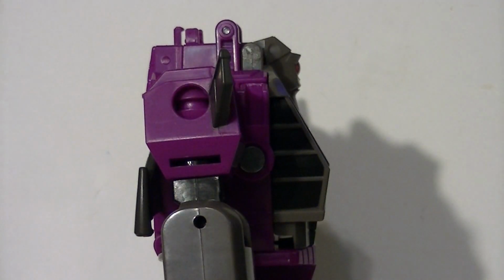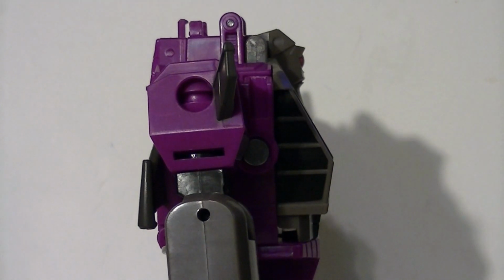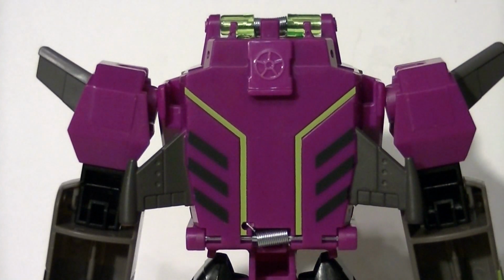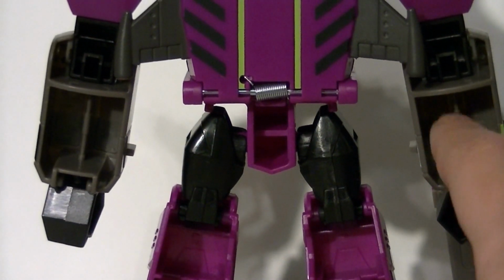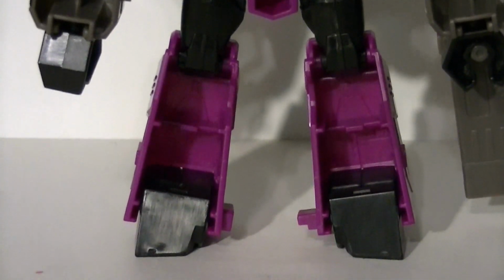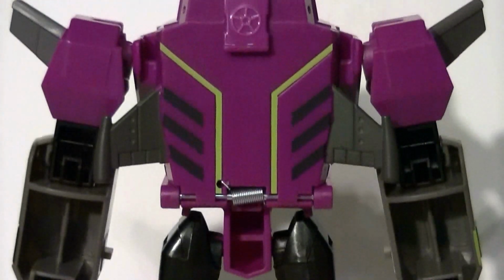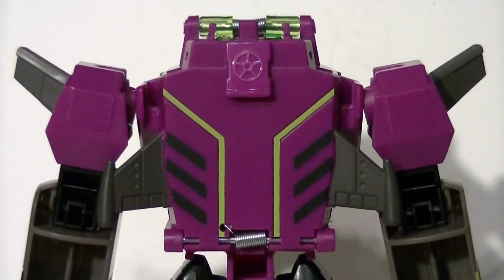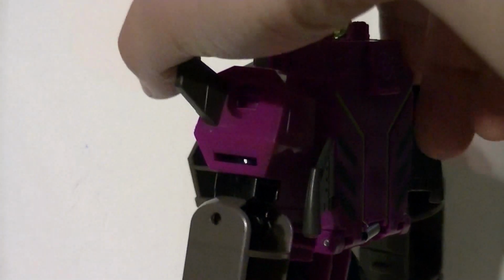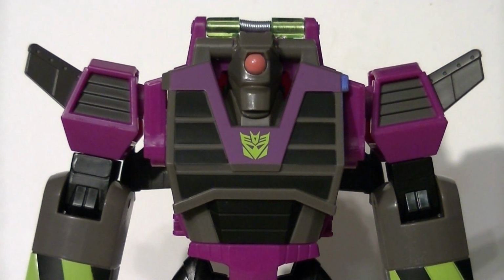And I absolutely love how the figure basically has no extraneous kibble. You're just not used to seeing a female Transformer that looks like this. Of course, there's giant hollow spaces. That's because this is the toy line for the cartoon. It has a price point of $20, so it's not exactly a collector grade figure, so it's a little bit cheaper on the construction. But still, even if she's a bit hollow in spaces, I am still super impressed